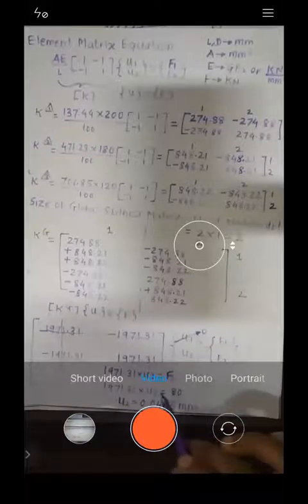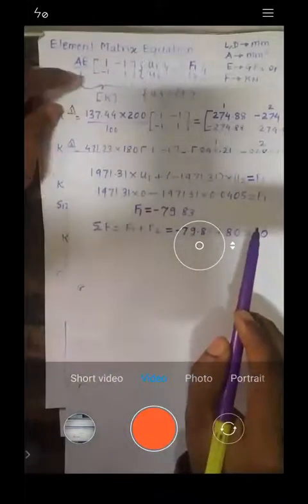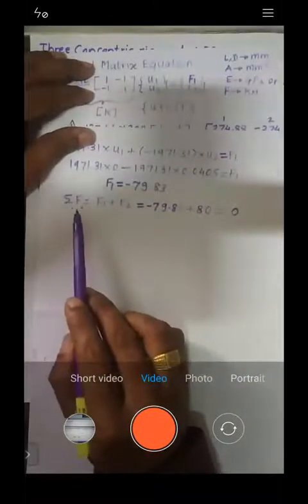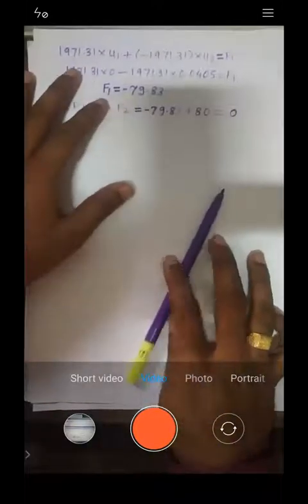Once you have U2, you calculate the reactions. If the summation of all forces is tending to 0, that means you have correctly calculated the displacement. Because you calculate the reaction from the displacement, if your reaction is right, obviously your displacement will be right. These reactions you then utilize for the condition of equilibrium, and it is tending to 0. That means you correctly solved the problem. Understood, all of you? Yes, sir. Is it okay?